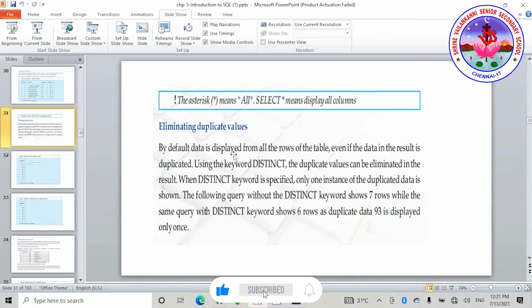These are the things which we have already discussed, and followed by that, now we will discuss the distinct query. The distinct query helps you to eliminate all the duplicate values. Sometimes we may come across 2 to 3 same repeated values in a table, right? In that case, if you want to remove those kinds of values, you can go with this distinct query, and you can use that only for displaying purposes. It will not make any changes in the actual table.